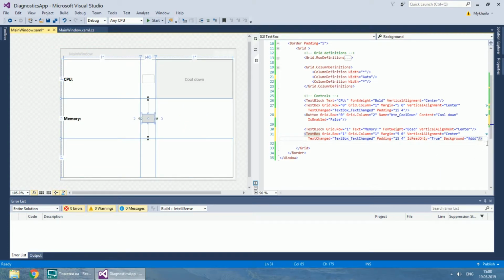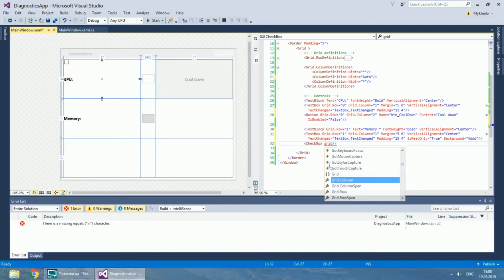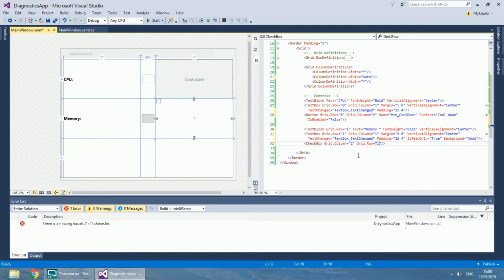Another widely used control is a checkbox. Its text is set in content.